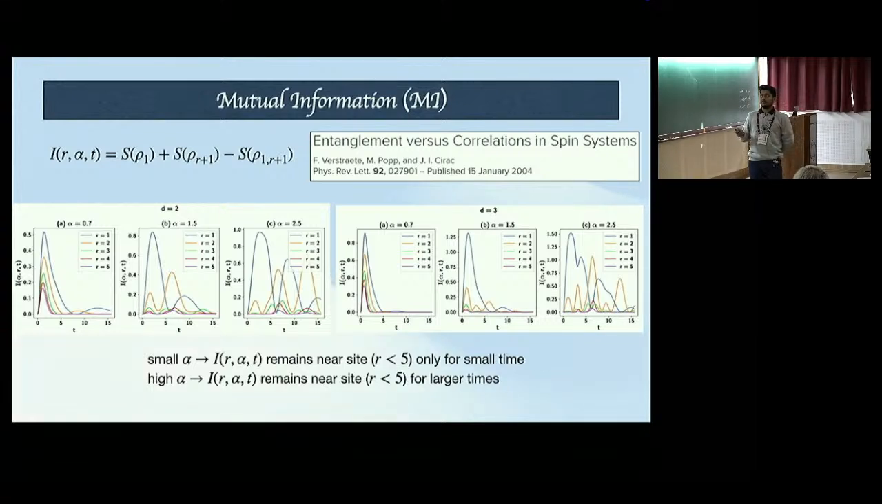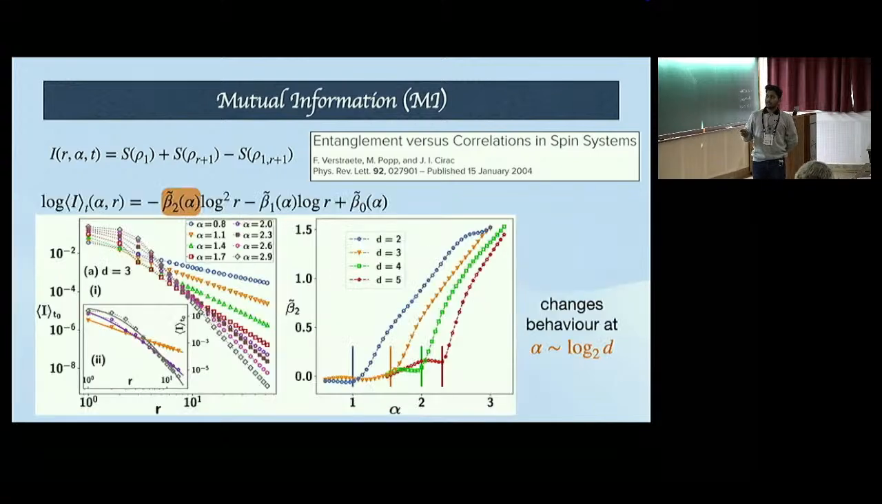We see this even for d equal to 3, but there's a qualitative difference. We try to quantify it using the average of mutual information, and we see in this figure that for small alpha, no matter the r, it will fall off with a power law, whereas for high alpha, for nearest neighbor regions, it will be there, but at large regions it will again fall off